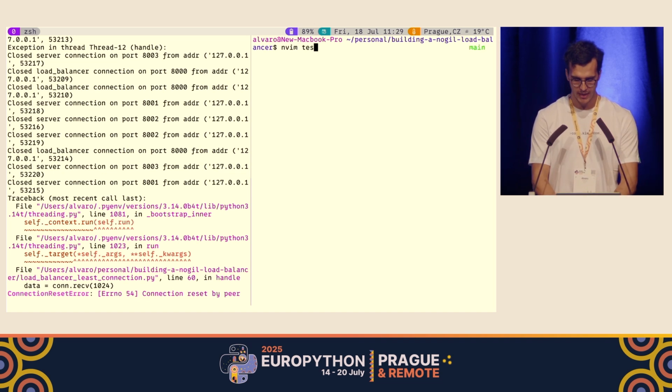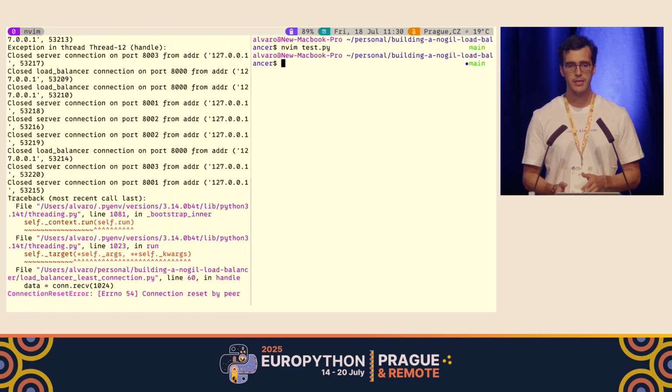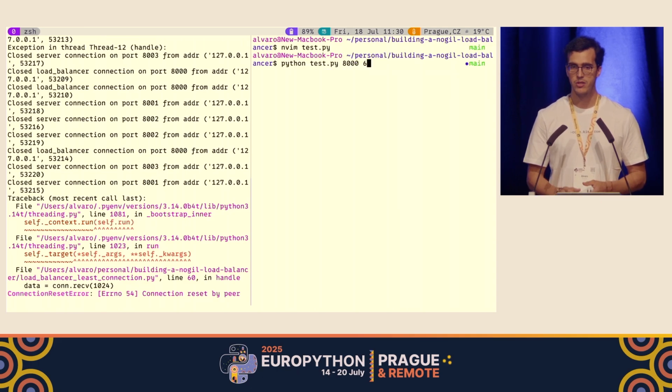Let's change that and see what happens. In the test file, rather than sending 1, I'm going to send a bigger number, for example 30. This means the connection is going to be slower to serve, because the calculation of the Fibonacci number is going to take way longer. No, 63, probably too much.